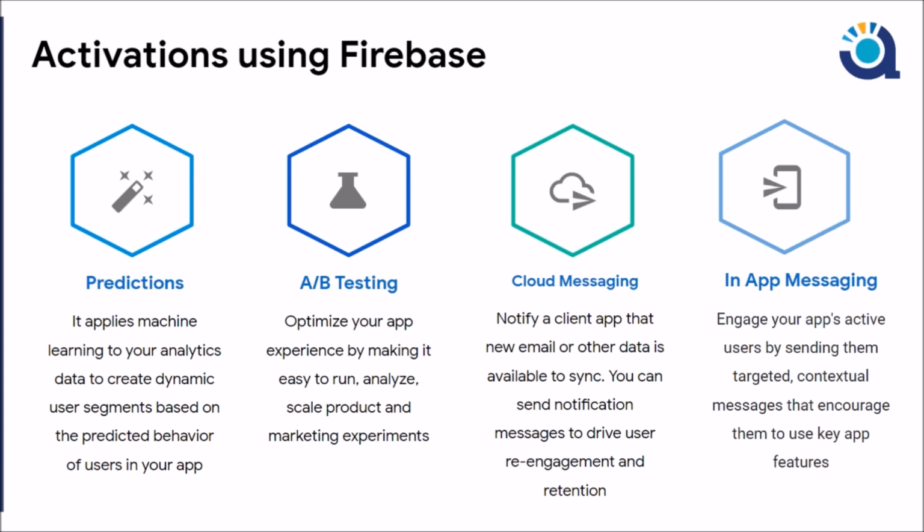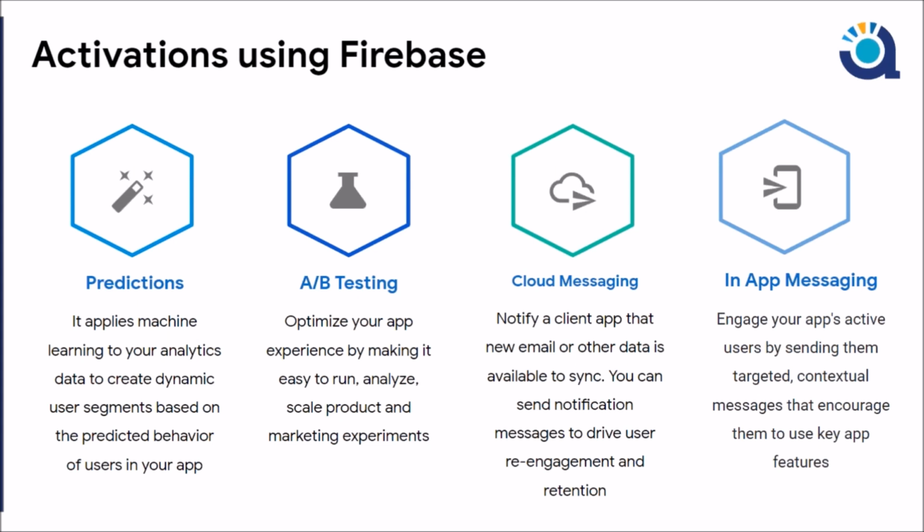So starting with predictions. Under here, Firebase applies machine learning to the analytics data to create dynamic user segments based on the predicted behavior of users in the app. The built-in prediction within Firebase is available for user churn and the anticipated spend. But the Firebase machine learning algorithm also predicts the performance of those events that we can customize based on our business KPI. So all we need to do is mark these events as conversion, and under predictions we will be able to set this up